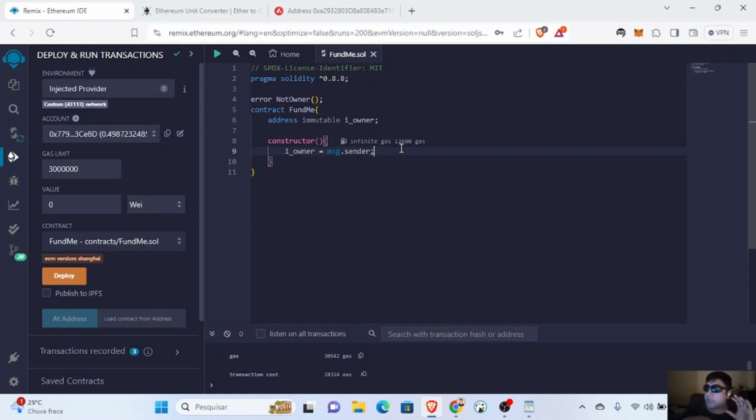So the owner has to be an address, and the address is my address. So I think it's really simple to understand. Then you can create a track for the people to see who is going, who is sending the money. Of course, you cannot determine the name and surname, and you cannot identify the person. The only identification that you can have is the public address, which is public, so the name itself already says